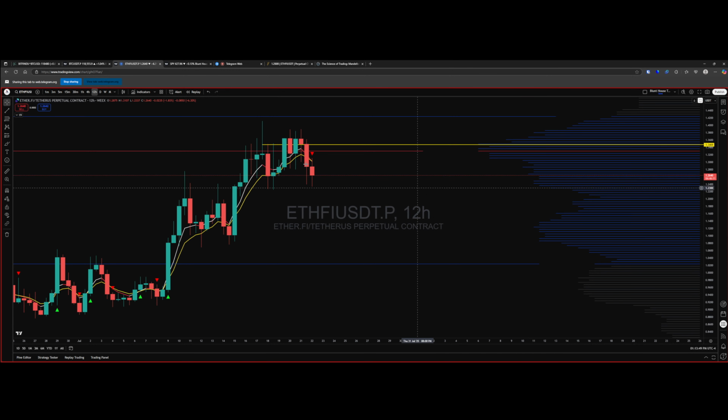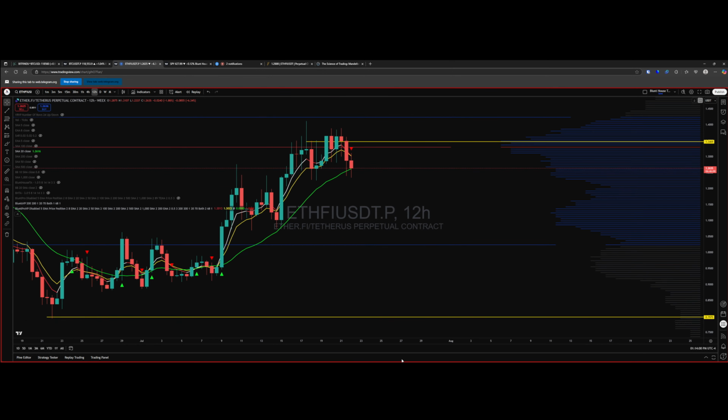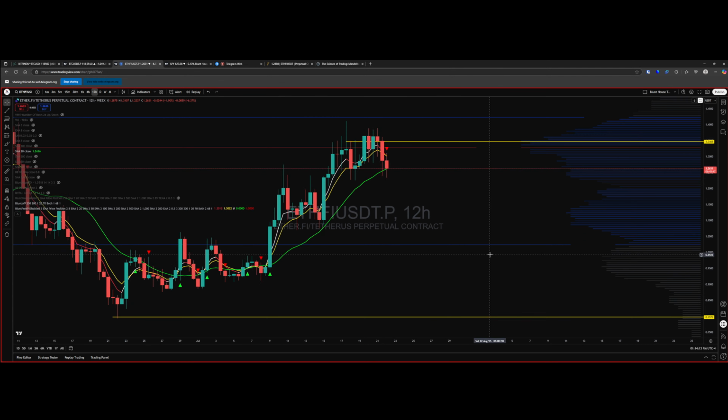So in the event of a pullback, as current price looks for past, we've got to figure out where those levels are. Now all of a sudden this means something a little bit different, doesn't it? Because price is sitting on the 20 MA on the 12-hour. Is this just another example of a continuation where we then go out and take the previous wave's highs? I don't know. We're going to find out, right? But this is why we do this, so that we can see where price has been and hasn't been.